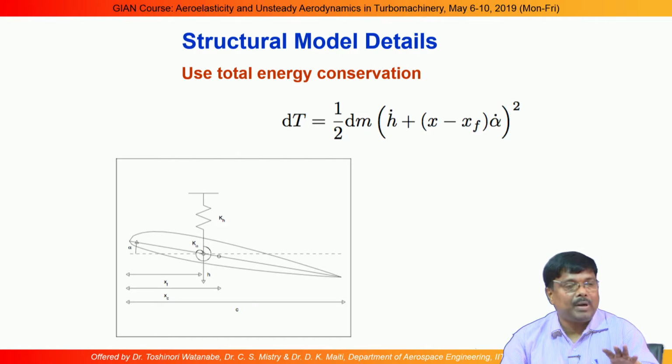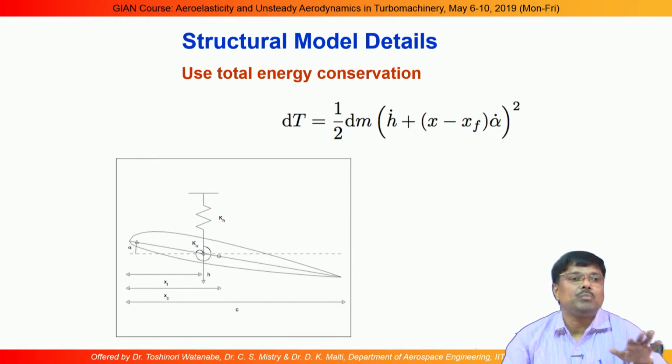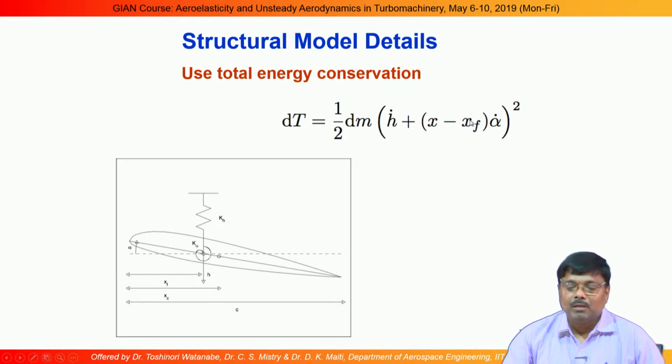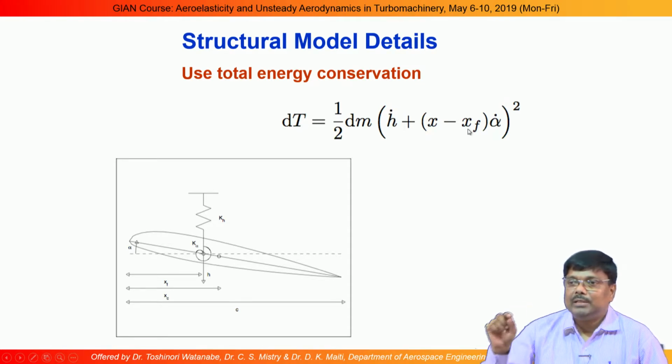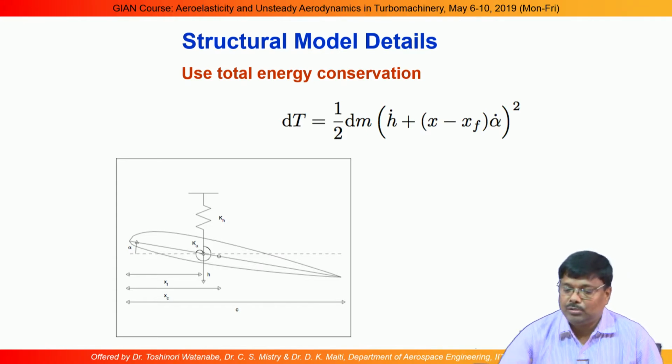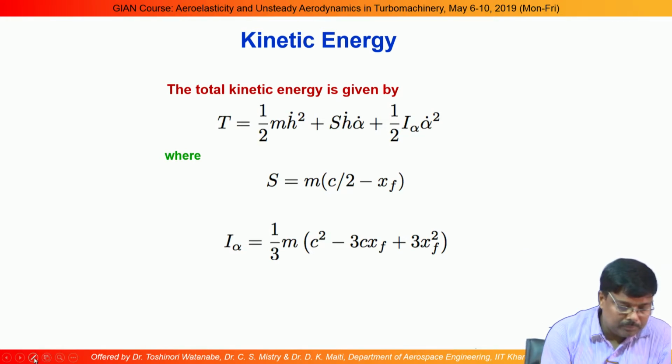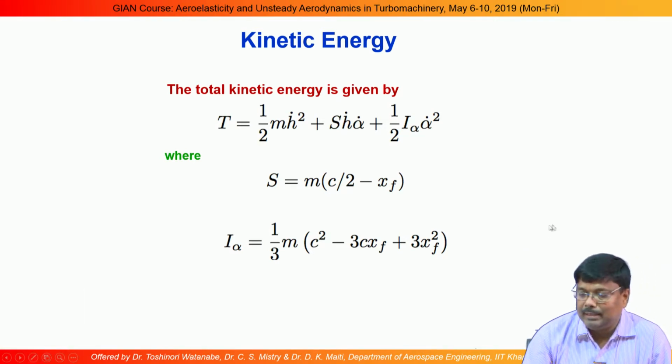Another important part is that for an aircraft, CG is not a fixed point, it varies, because based on how much fuel you are using, it may vary, whereas the elastic position is fixed. So, this h dot plus x minus xf into theta, if I plot this way, if I take an angle,